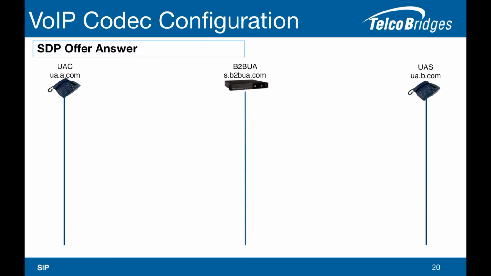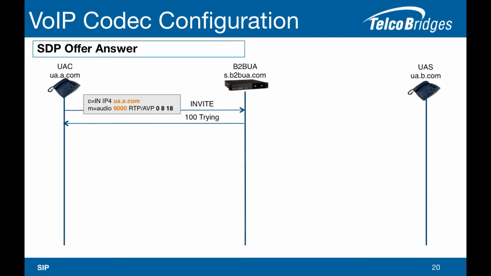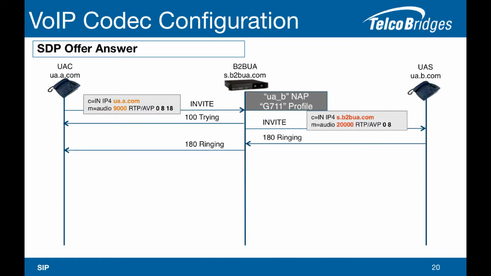Let's look at an example. UA.A sends an SDP offer in the INVITE SIP request to S.B2BUA. It specifies its IP or domain and port to receive RTP and the supported list of codec payload types. The B2BUA routes the call to the UA.B SIP NAP and modifies the SDP according to its NAP associated profile, here the G.711 profile. It removes the payload type PT18 or G.729 and sends an SDP offer to UA.B. It also specifies the receive IP domain